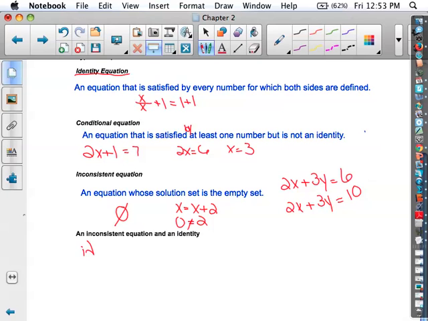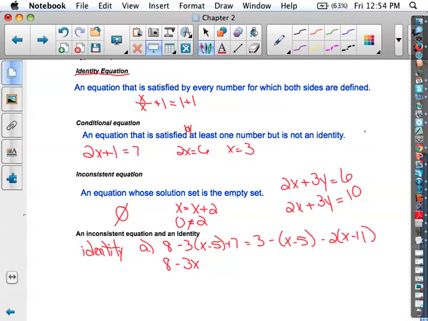An identity may look like this. I might have 8 minus 3 times x minus 5 plus 7 is equal to 3 minus x minus 5 minus 2 times x minus 11. So when I solve this, I have 8 minus 3x plus 15 plus 7 equals 3 minus x plus 5 minus 2x plus 22. Combining like terms, I get